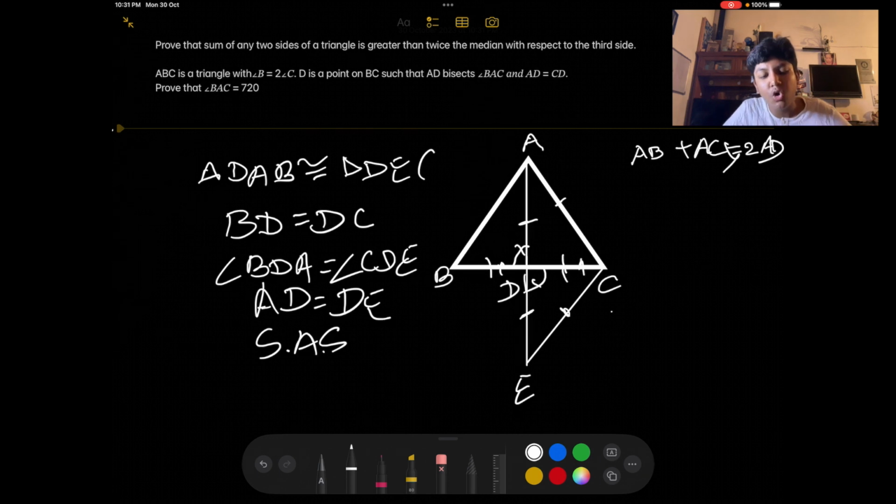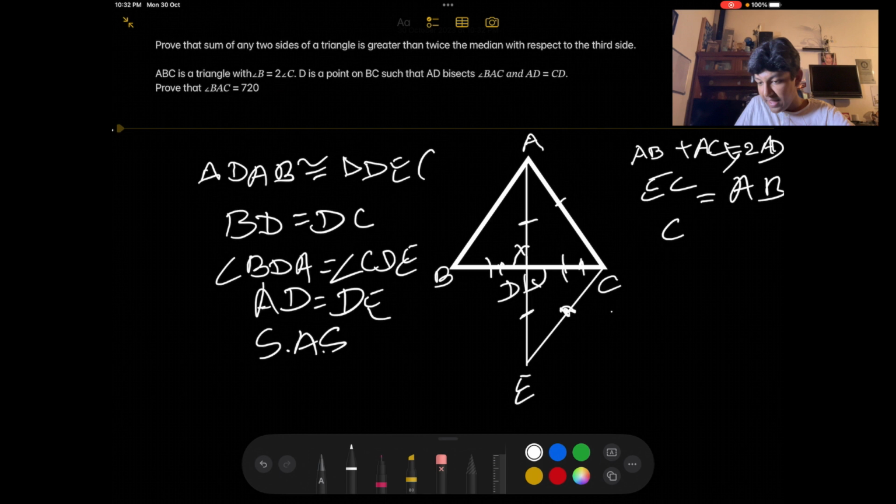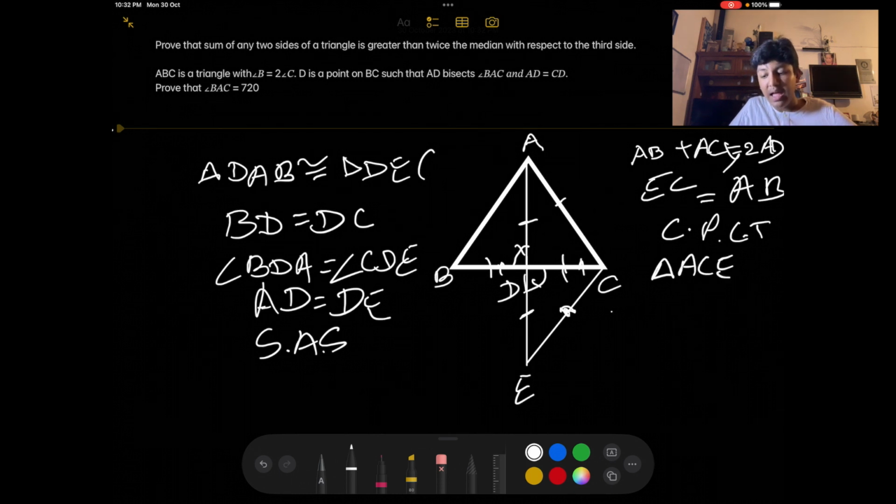So through the SAS congruency rule, we have shown that triangle DAB is congruent to triangle DEC. Now once we have shown this, we can say that EC is equal to AB by CPCT, right? So by CPCT. And now when this happens, we also know that we have a triangle ACE, and in this